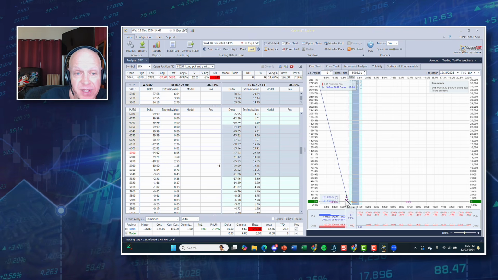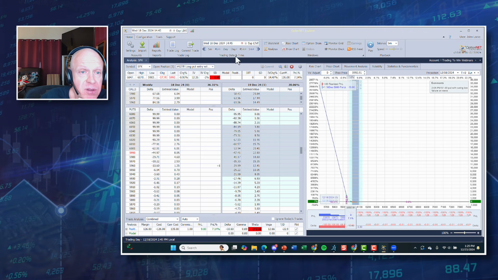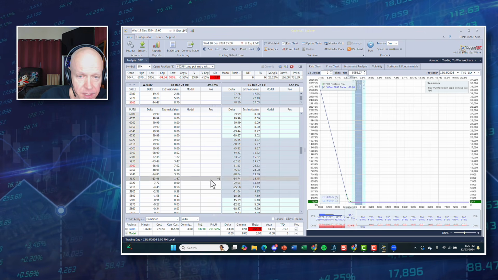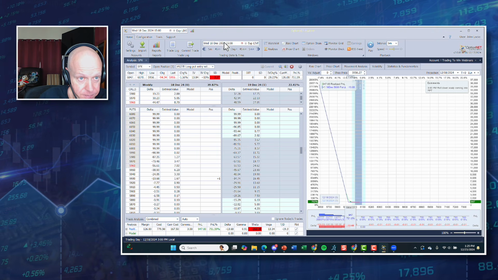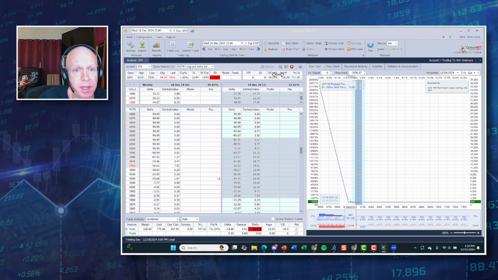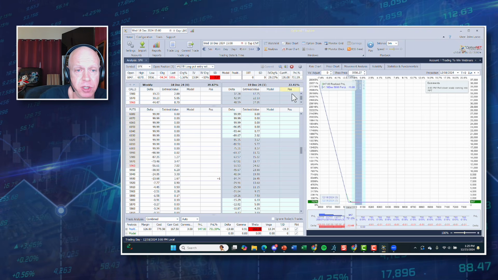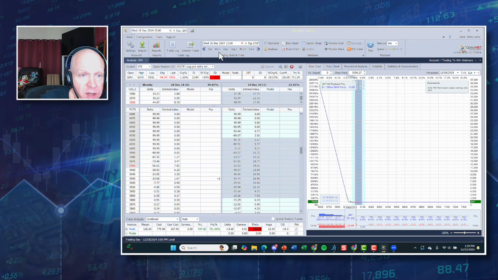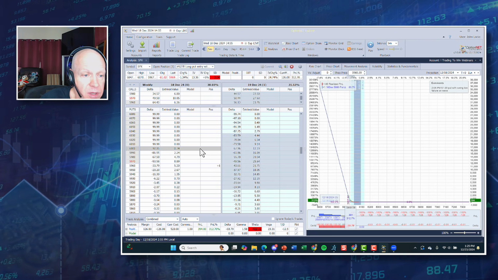We started to get a bit of a down move, but I'm not going to do anything here. Again, you're better off just to lose if things don't go well. Here is our 1500 bar. Notice I moved my position. So I can't show you, if I ignore today's trade, I can't show you that. But what I can show you is we were at